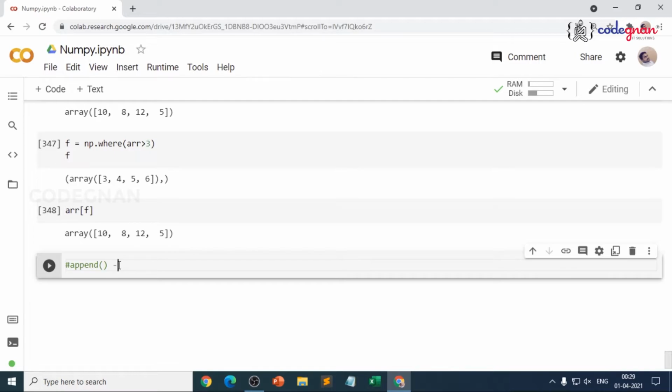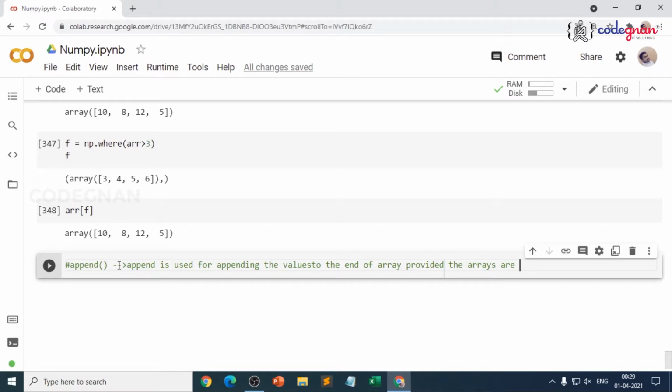So basically the append function is used for appending the values to the end of the array, provided the arrays are of the same shape. That is the key point you should remember.